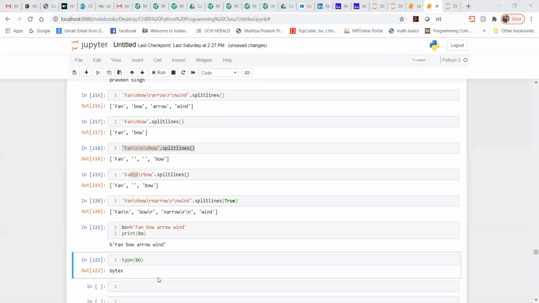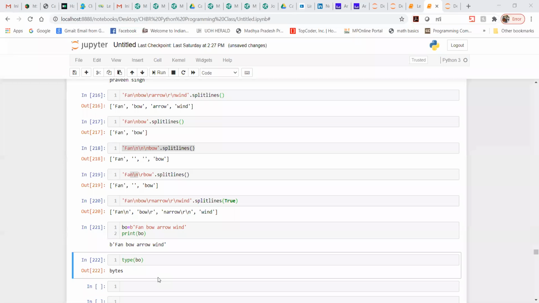Now, are we clear till this point? Somebody has written that 1 byte is equal to 8 bits. Guys, you don't know how many bits are there in 1 byte? Okay. Anyway, let me take a few more examples so that we can finish it up.